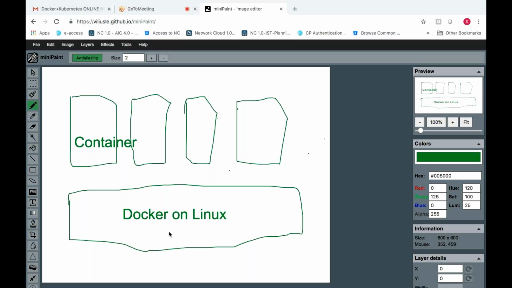Container doesn't have its own operating system. It will talk to the Docker, and Docker will allocate some resource. It is not fixed actually. It will allocate some amount of resource to the container, whatever is required. Now if the container requires more resource, let us say I want to have 4 GB of RAM, initially it is only 2 GB, now my Docker has to use 4 GB of RAM.